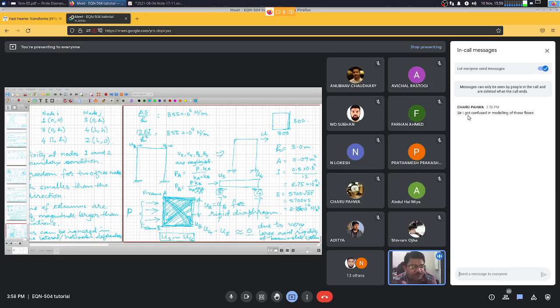So all this structural modeling is essentially based on certain simplifying assumptions, certain kinematic constraints that we impose, which allow us to simplify our models, and the use of simpler models of course helps us in better understanding of what is going on, what is the primary action and what is the secondary action, and that allows us to understand the results, appreciate the results, and draw inferences correctly. That entire exercise is much easier if we work with a simpler model.